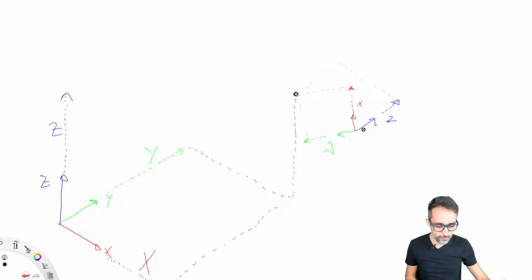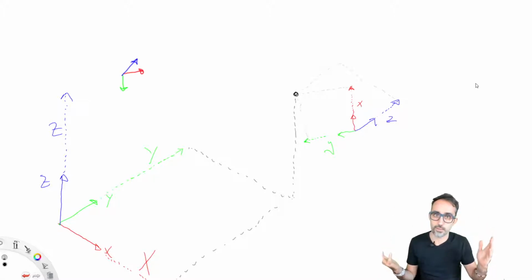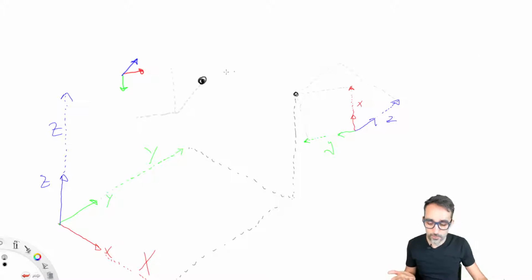The idea is the following. Imagine I have this point, and I know its x, y, z in world coordinates. I know what the local coordinates of this point are. And then I have some other coordinate system that is somewhere else in the world. I want to take the x, y, z local coordinates and apply them in this system, so that I end up with a point that maintains the same relation with this coordinate system as this point maintains with this coordinate system.